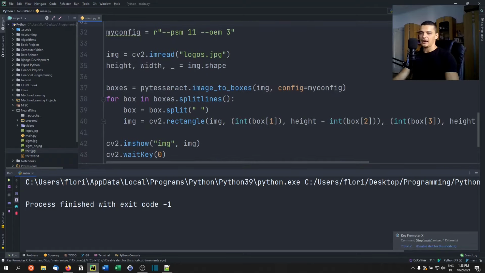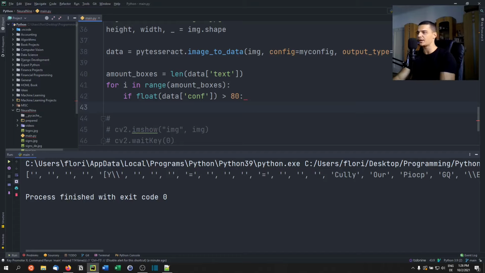And we're going to say if the float version of data confidence, so if the confidence is above a certain threshold, so let's say 80, for example, which is a confidence of 80%. If the confidence is as high, then we're going to plot a box, because otherwise, if we set the confidence too low, it's just going to plot boxes everywhere. So we're going to say if the confidence that this is a word is above 80,